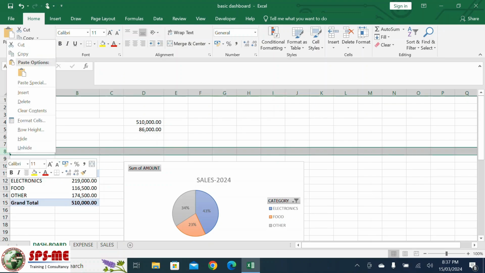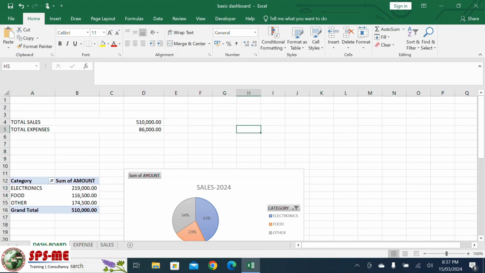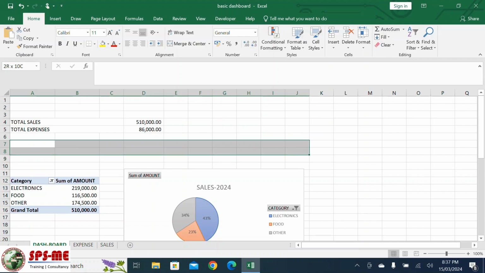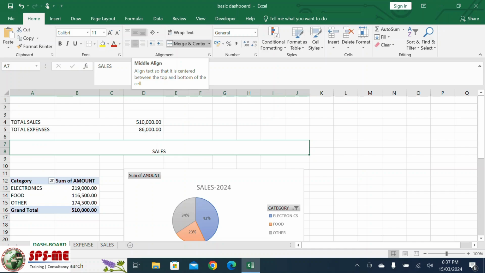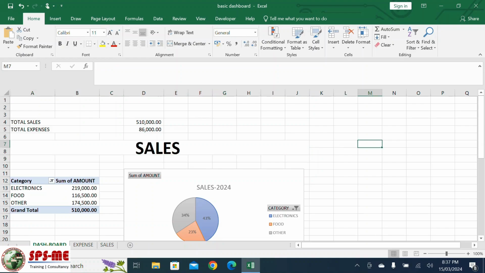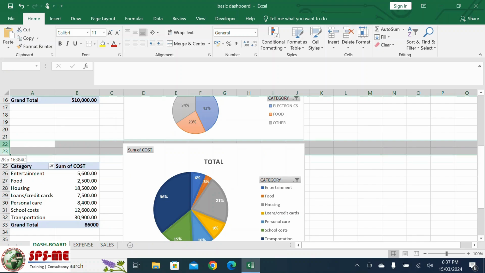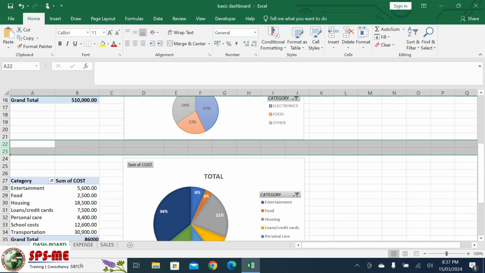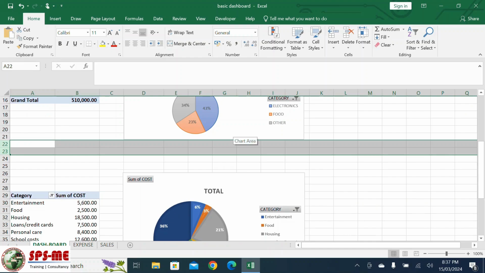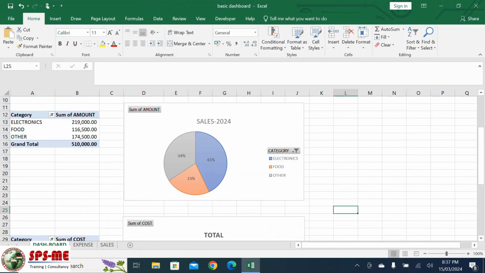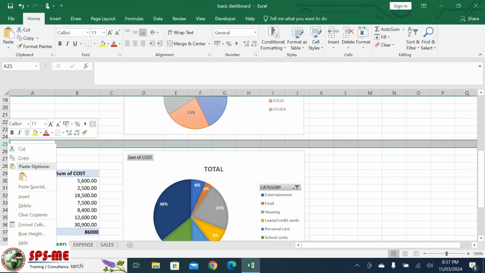Now let's say I just insert one more row, then I select here, merge and center, and I type here sales. Okay, let's say sales, click here middle align, bold, and make it big. Okay, then after this I select here insert, and one more insert I inserted. Then you can just click here again insert,